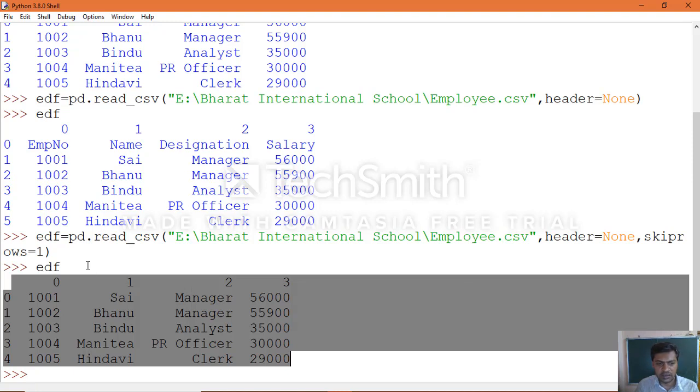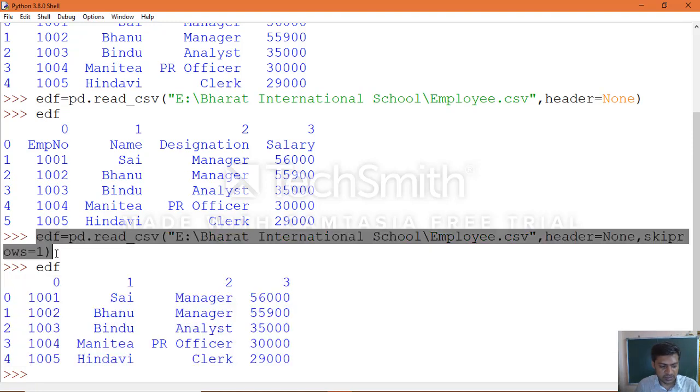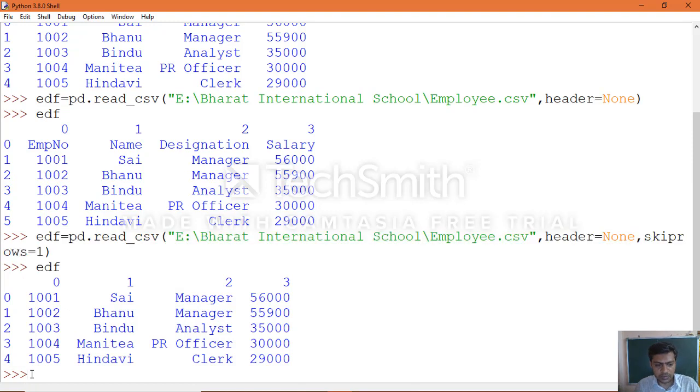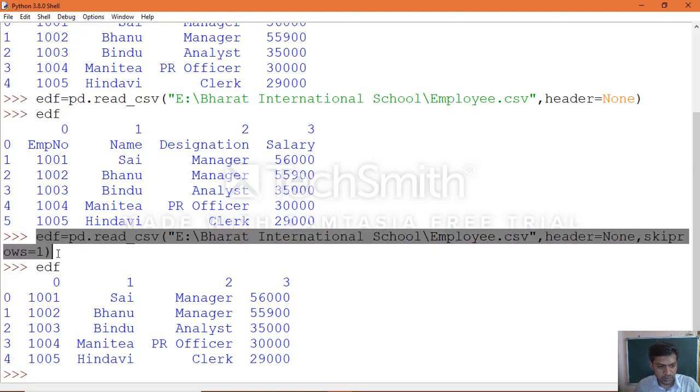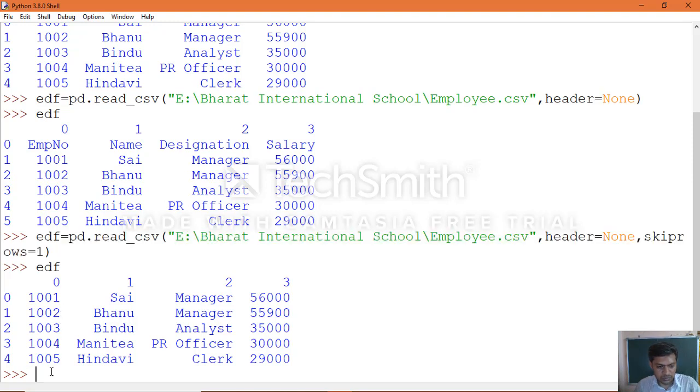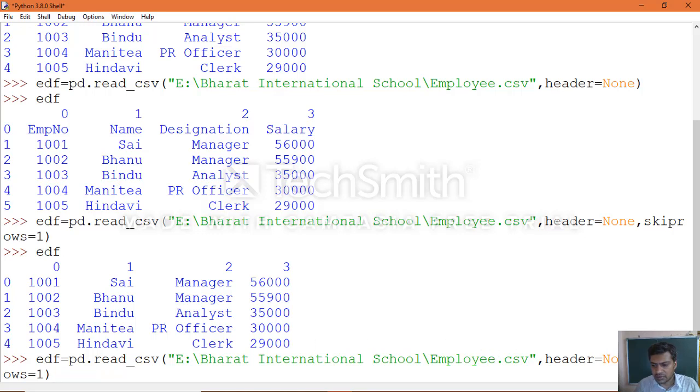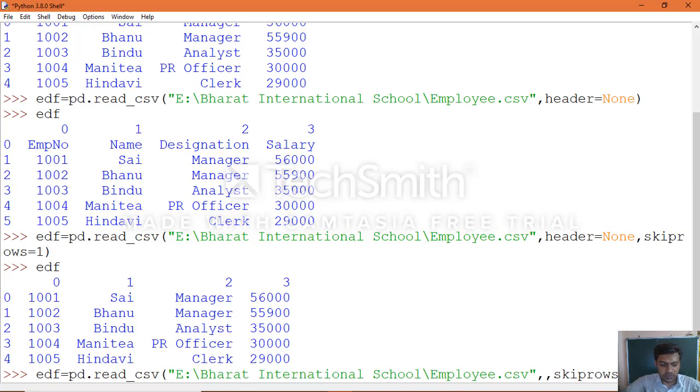Suppose you want names, then you can make use of the same statement. Now remove the header. When you want to use the names argument, names equal to, for example, another one, 1 2 3 4, which you can specify.